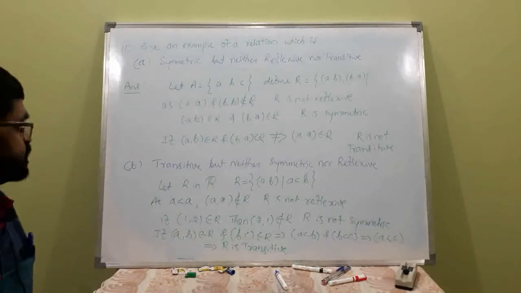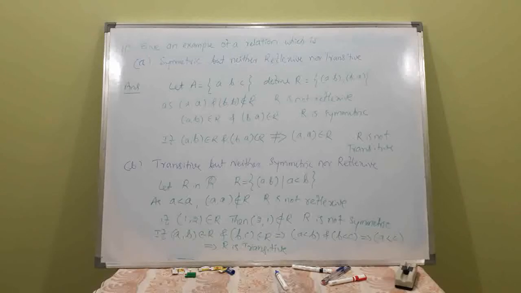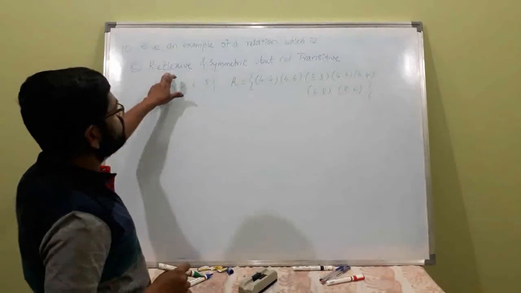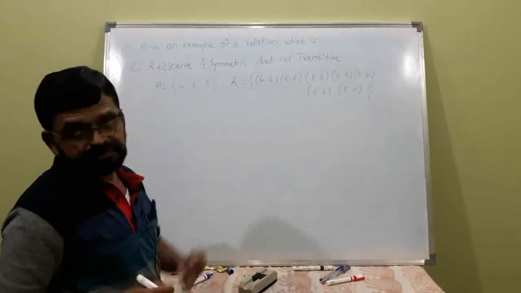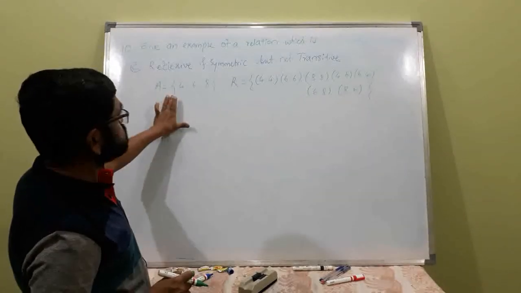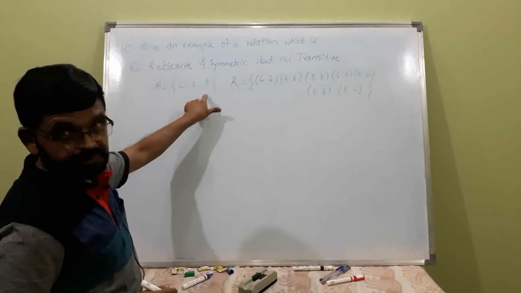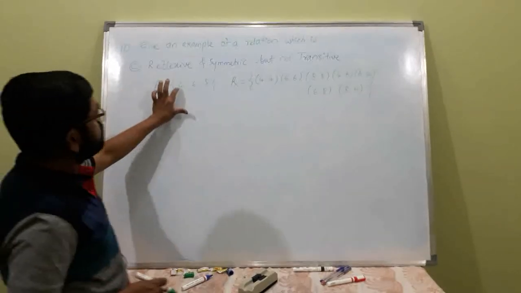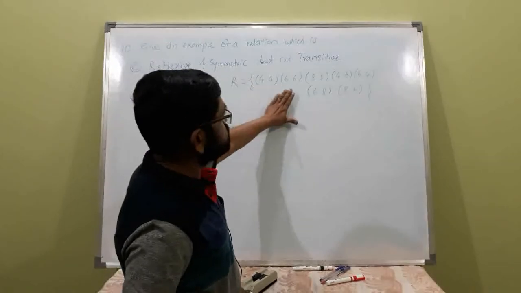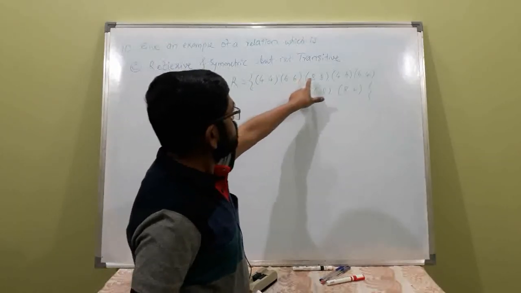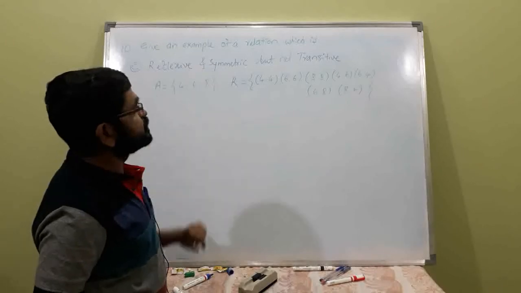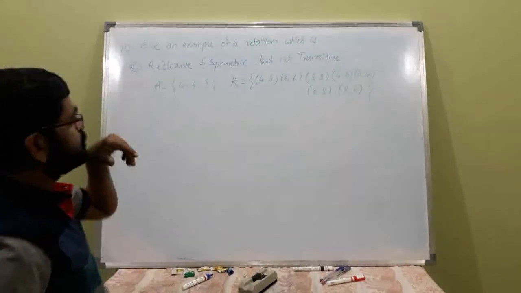Okay, take that. Give an example of a relation which is reflexive and symmetric but not transitive. Consider this one. This will not be given; you have to construct this one. Suppose A is {4, 6, 8} and the relation contains (4, 4), because in order to satisfy reflexive and symmetric, I wrote that one.